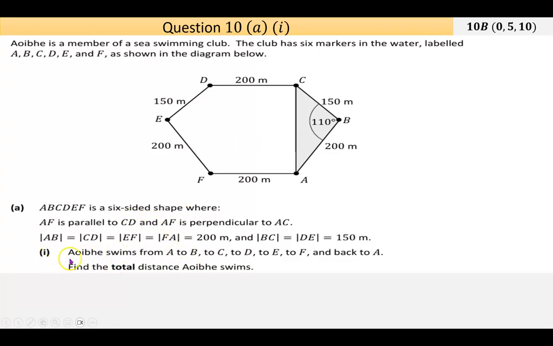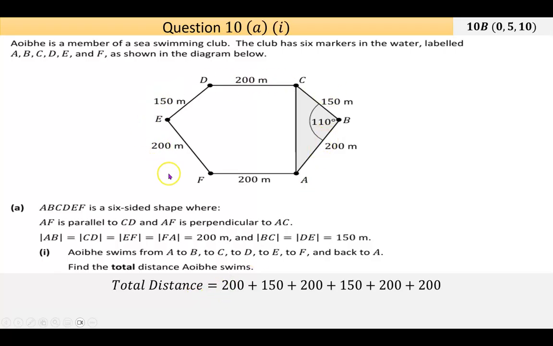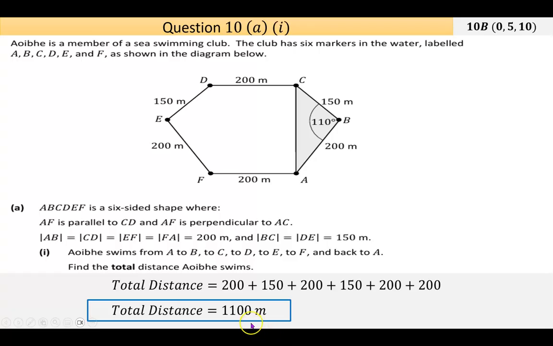Now, part 1 says Ava swims from A to B to C to D to E to F and back to A. Find the total distance Ava swims. Now, lots of words that can be confusing, but ultimately you're adding up all the distances together. So the 200 plus the 150 plus the 200 plus the 150 plus the 200 plus the 200. Once you put that down, and always do show that calculation, put it through your calculator. I got an answer of